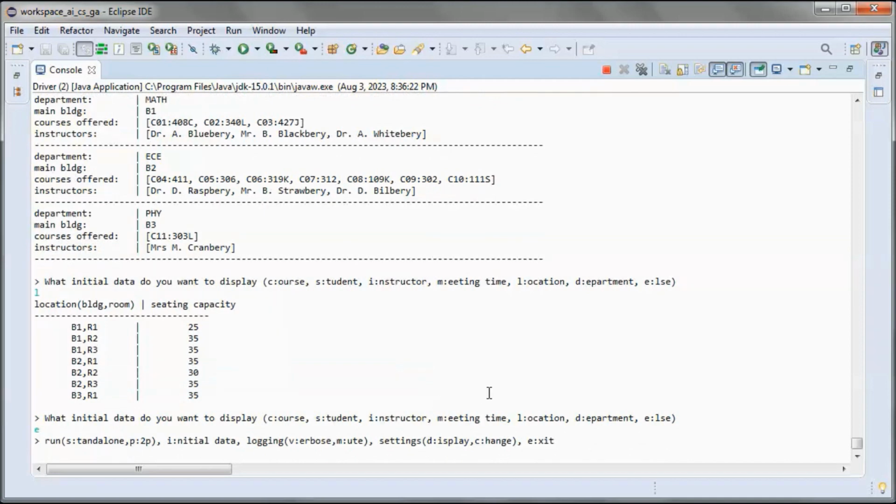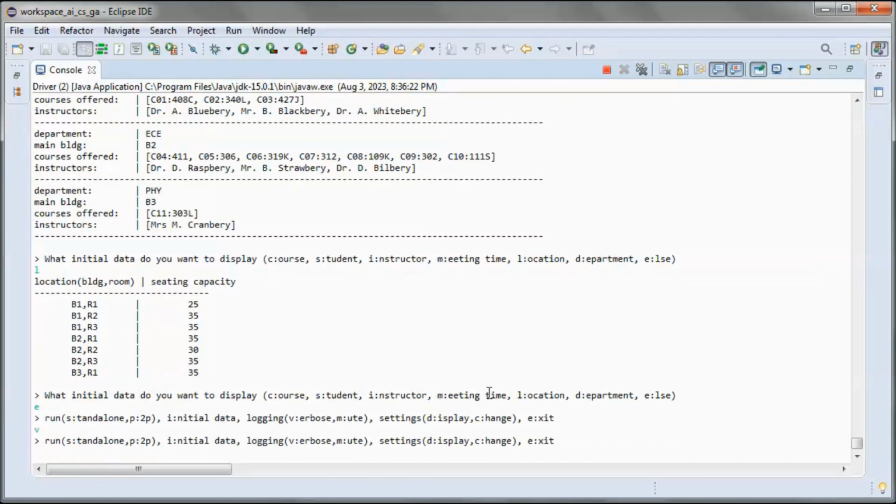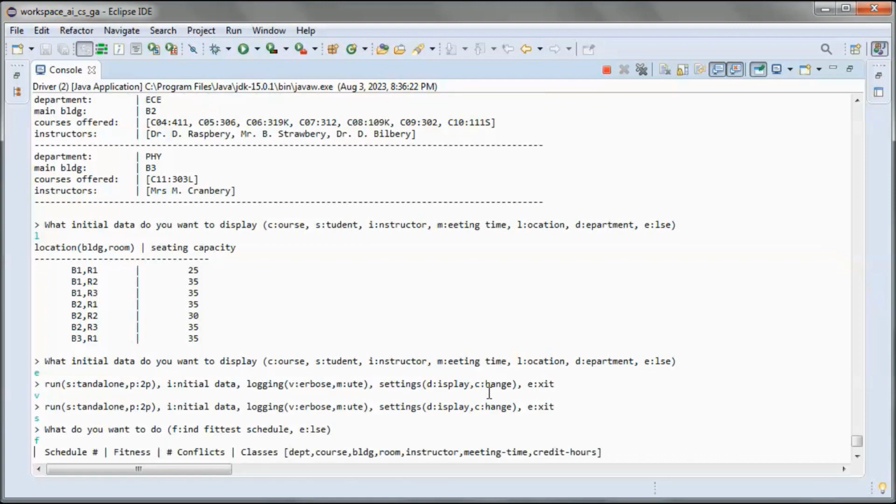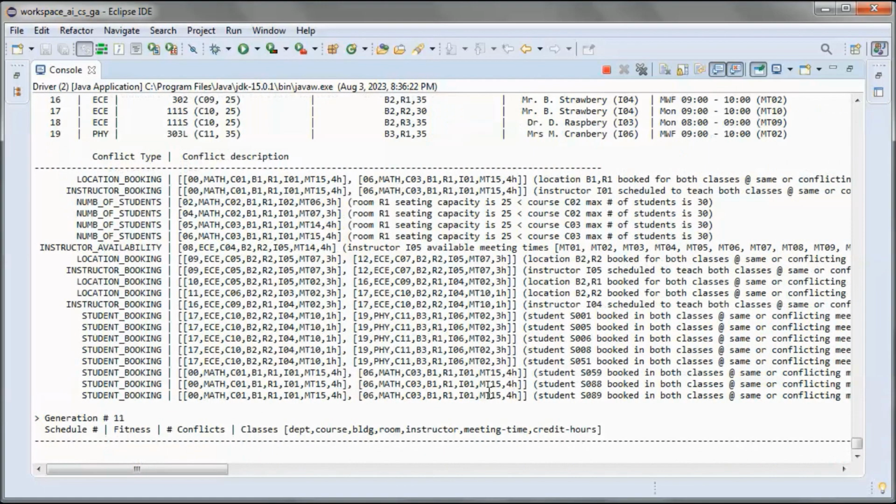And let's go ahead and run in verbose mode and standalone and find the fittest schedule with no conflict.